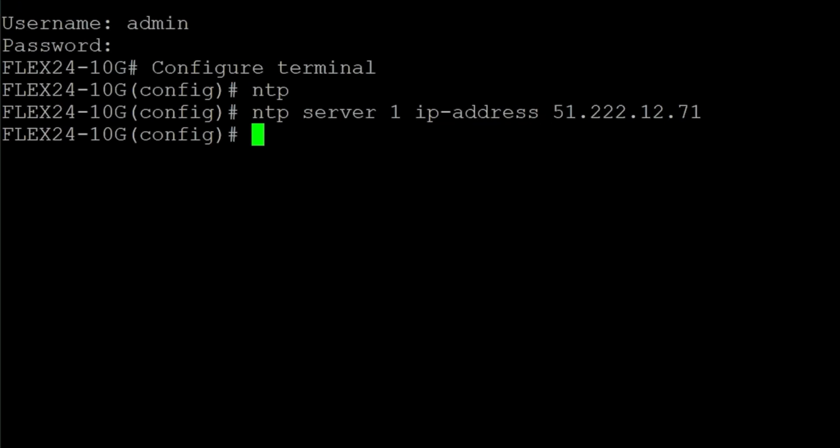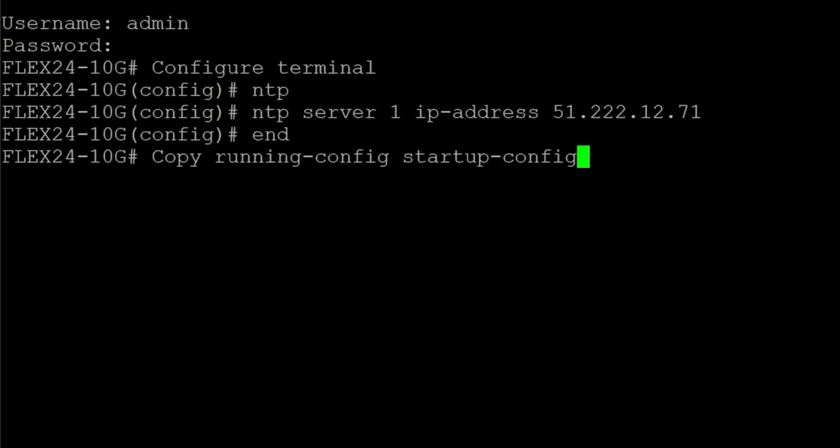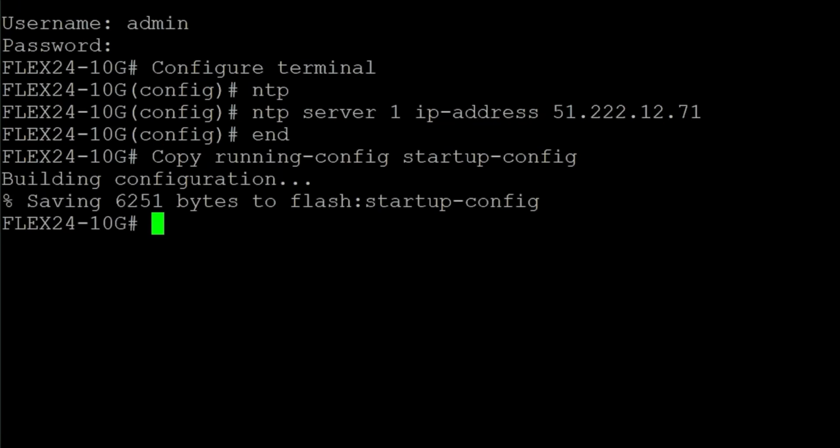To overwrite the startup config with the current entries of the running config, write the commands copy running-config startup-config. Now, since we changed the UTC time zone in the GUI, we will do the same in the command line. Configure terminal,